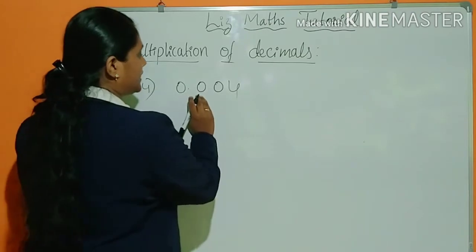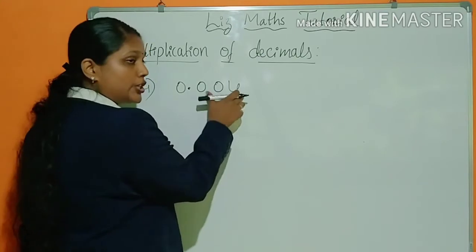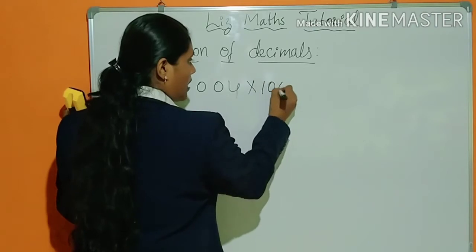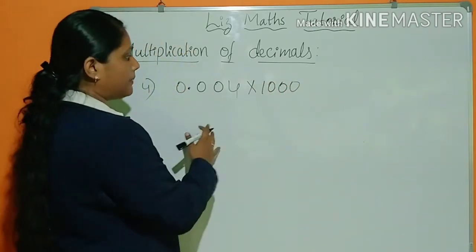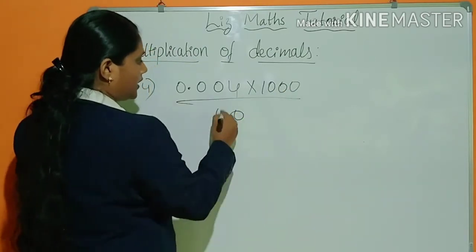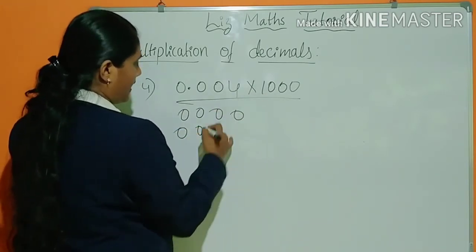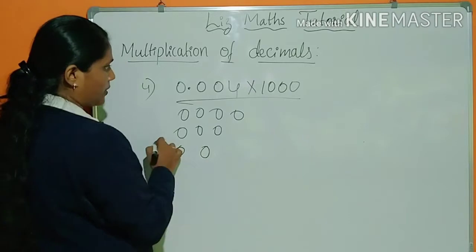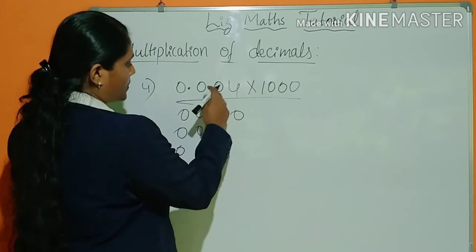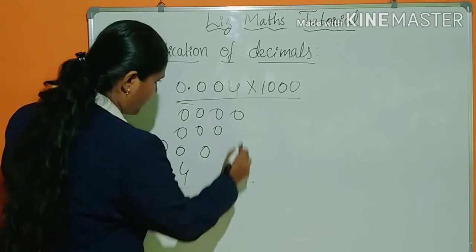See here, after decimal you can find 3 places. After this decimal point you can find 3 places. So 3 places is nothing but the thousands place. So you have to multiply by 1000. Got it? So multiply by 1000. You will get 0, 0, 0, 0, 0, 0, 0. Then again with 0, 0, 0, 0. Then 1, 4. You will get 4. Then again 1 into 0. Then 0, 0, 0. And go for adding.